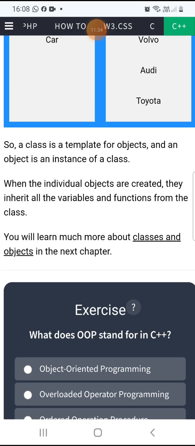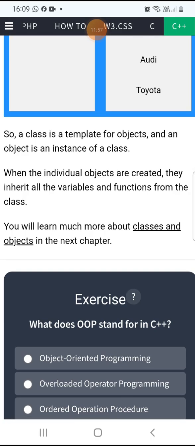Here so many objects are there, and an object is an instance of a class. Every time an object will be called an instance of a class, so a class has so many instances. Suppose a fruit class is there, so many instances of fruit class. A papaya is an instance of fruit class, and a banana is an instance of fruit class.